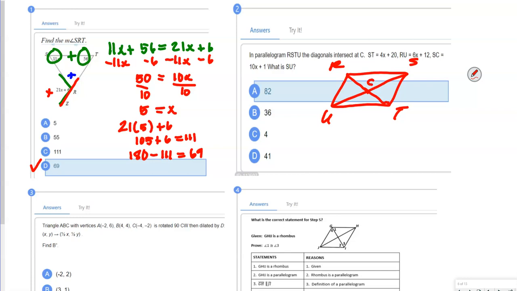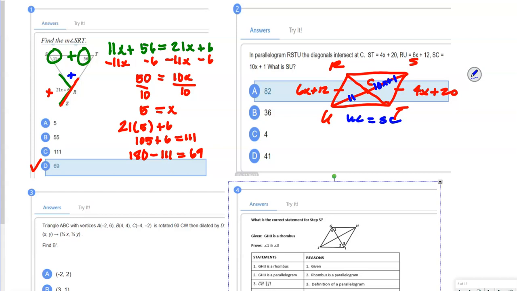So we know the opposite sides in a parallelogram are congruent, right? So ST is 4x plus 20 over here, and 6x plus 12 over there. So we can set those equal to each other, right? And solve for x. Then it tells us that SC, so this length right here, is equal to 10x plus 1. And it's asking us for the whole length. Now we also know that these diagonals bisect each other, right? So that means this part, UC, is equal to SC, isn't it? So to find the other one, wouldn't we just multiply that by 2? So let's go ahead and just solve first for our x by setting 6x plus 12